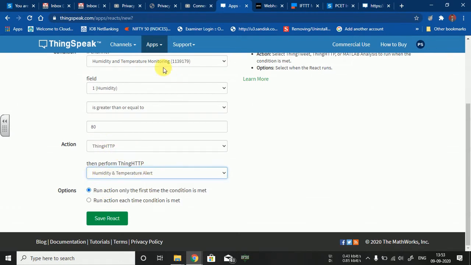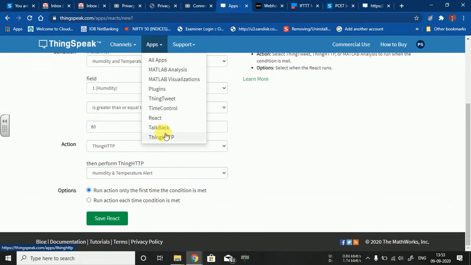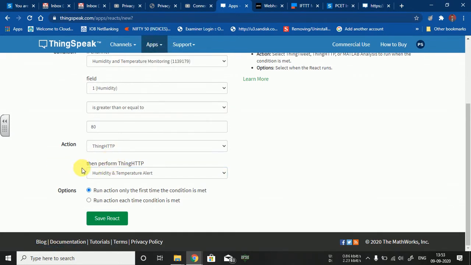Under this ThingHTTP we have created this humidity and temperature alert, and after taking the action, we need to use this option, run the action each time the condition is met. So every time the humidity exceeds this threshold value of 80, you get a call on your mobile phone. Now you can save.